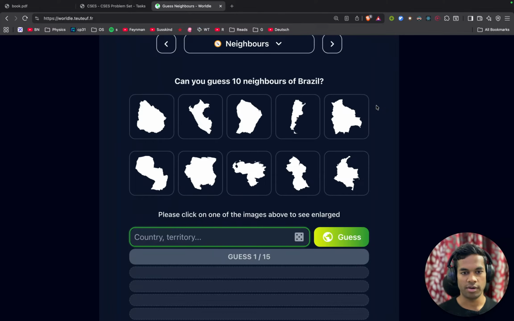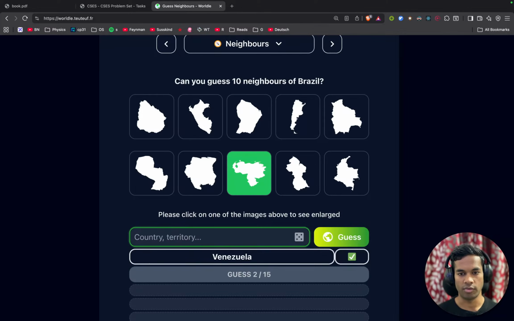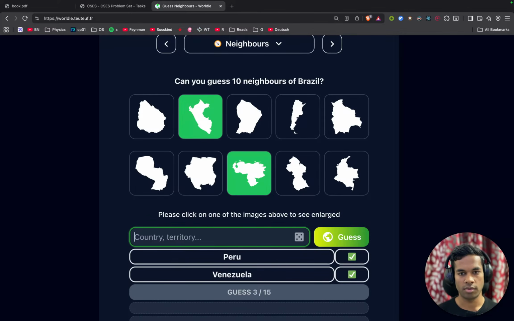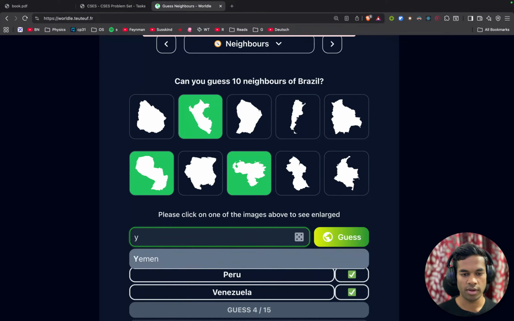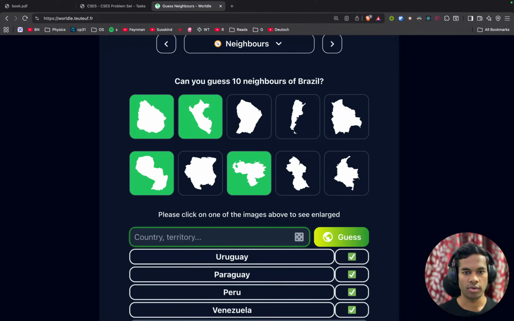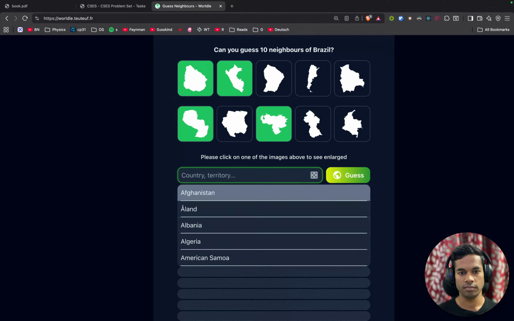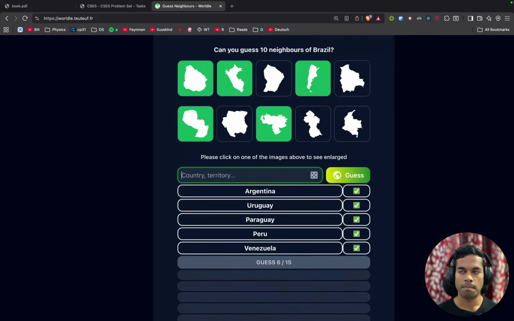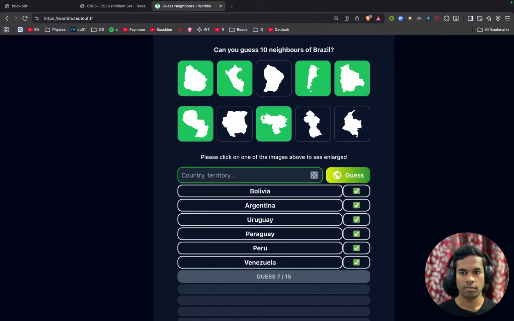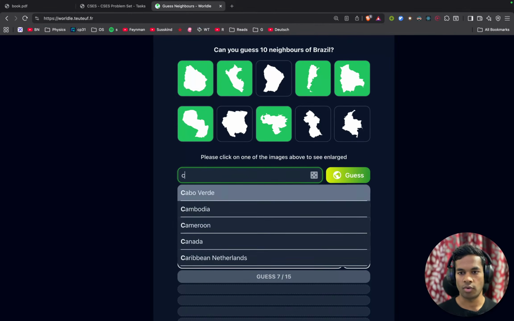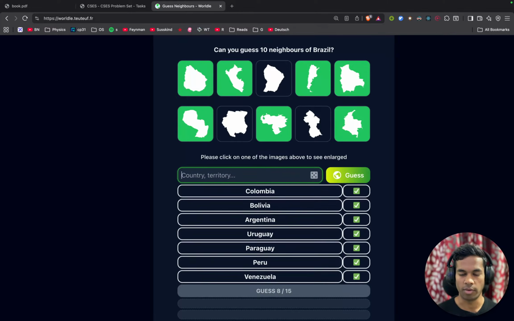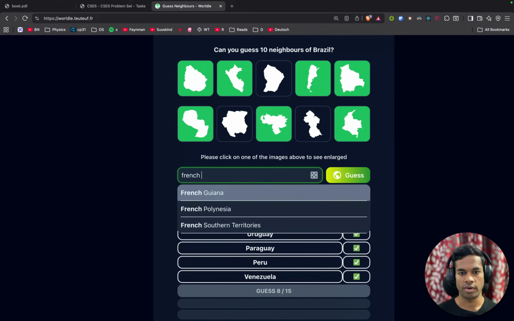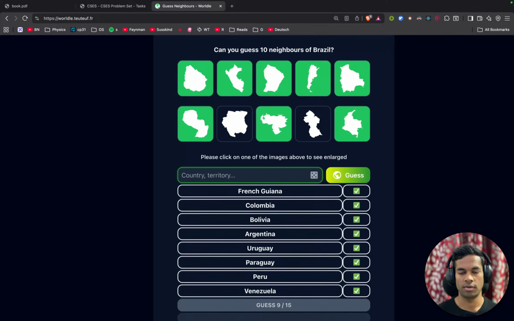Brazil has a lot of neighbors. Venezuela, Peru, Paraguay, Uruguay, Argentina, Bolivia, Colombia, and French Guiana, and two more countries,